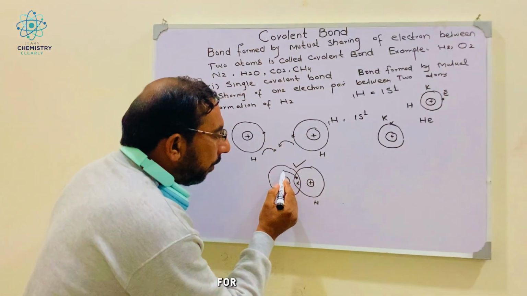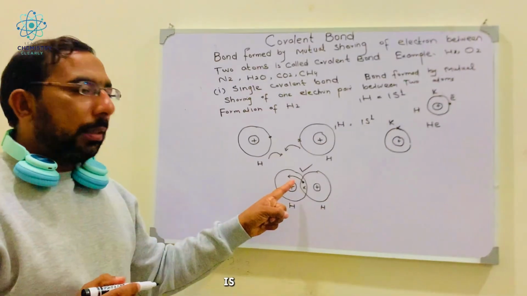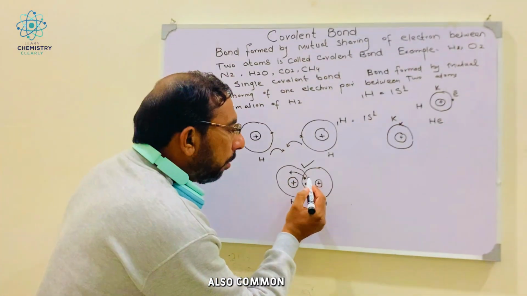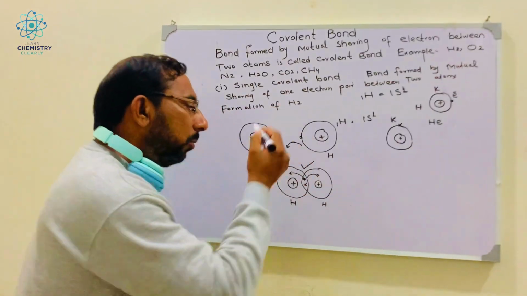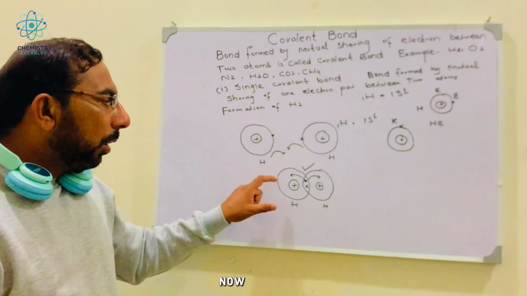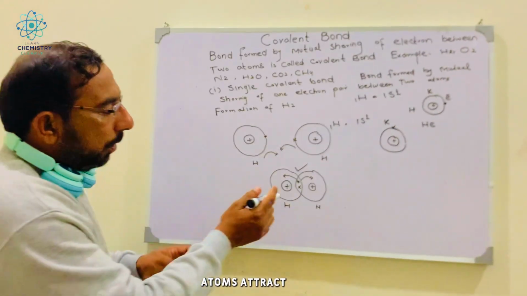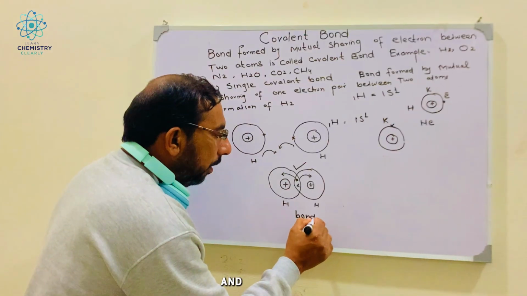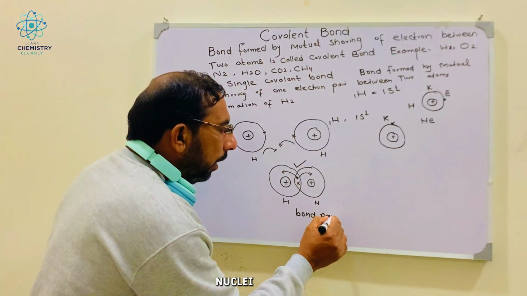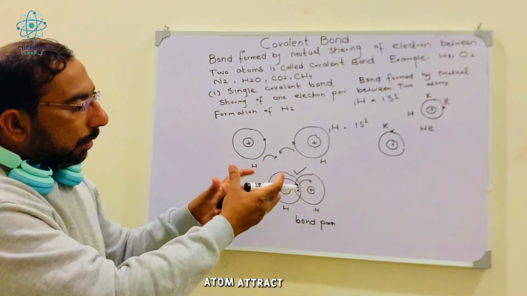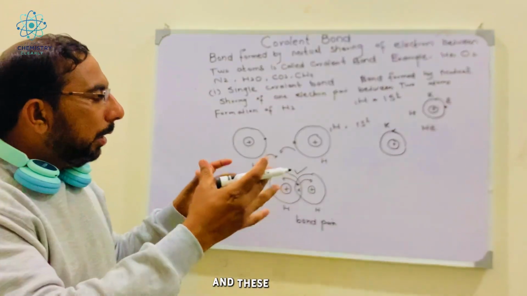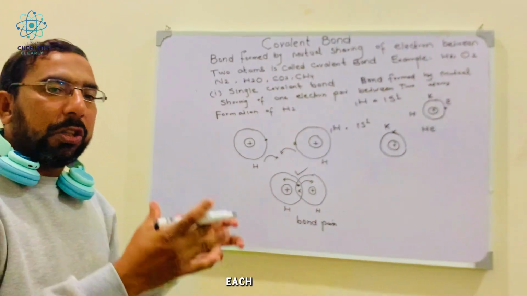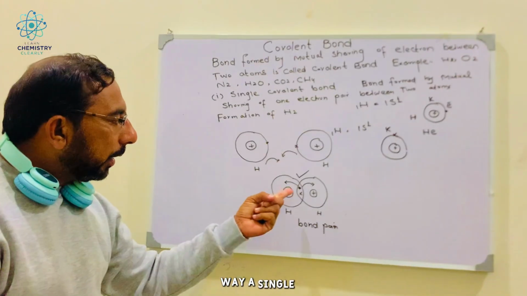If it is present for this atom, now its duplet is complete. And this is also common for this atom, and now this duplet is complete. Now the two atoms attract this electron pair, that is called one pair, and now the nuclei of both atoms attract this electron pair, and these atoms are bonded with each other, and in this way a single covalent bond